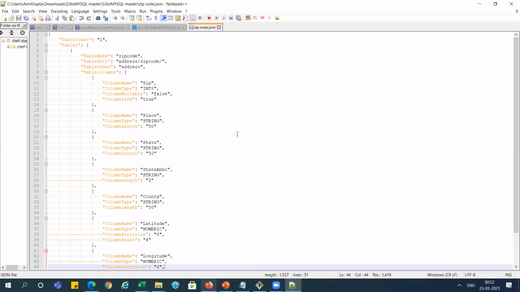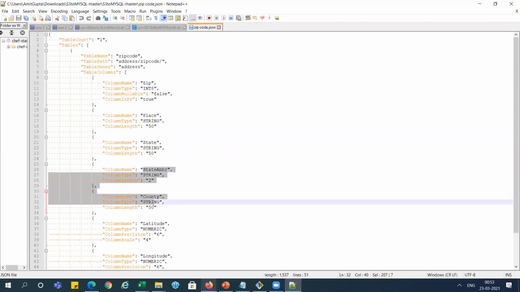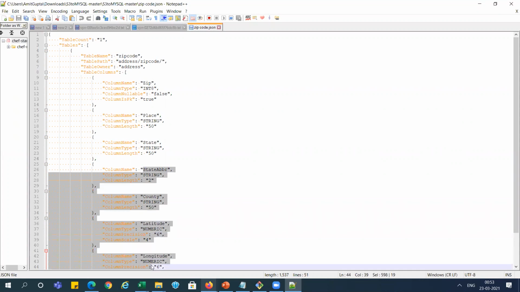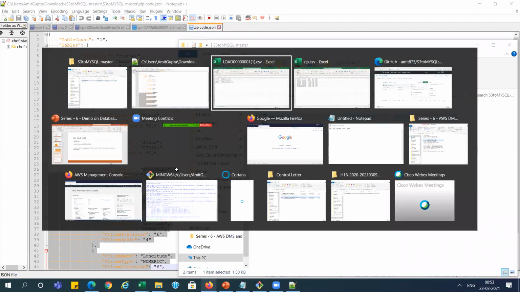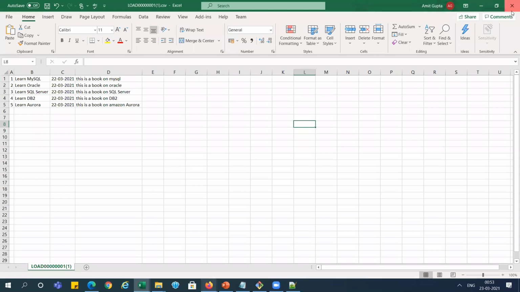This is showing the headers also. What is the column name? Our table name is zip code, and the column names are zip, place, state, country, latitude and longitude. This is the table, and the same data is in this CSV file.